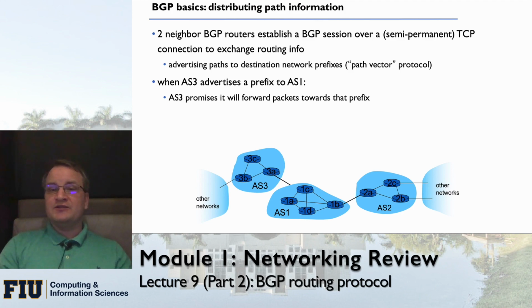One knob that the network can use is to include itself multiple times. Why would it do it? It's a good question. For example, if it doesn't have a preference against routing packets toward a destination, but it still is telling other networks that it can route the packet. It's just trying to say that if you have an alternative path, please use that alternative path, and me only as a backup option.